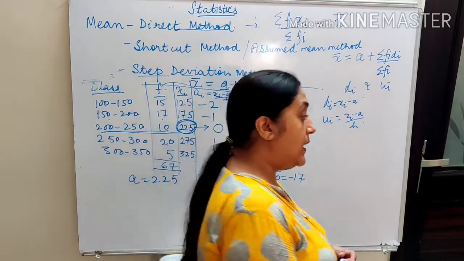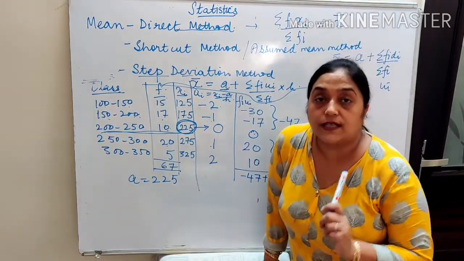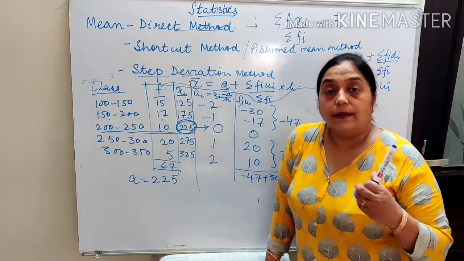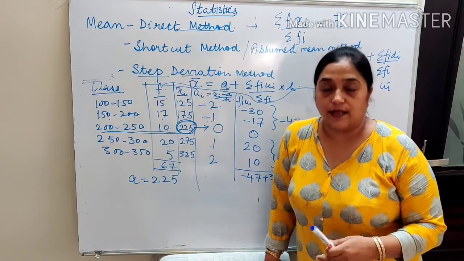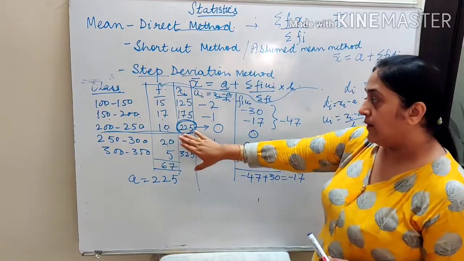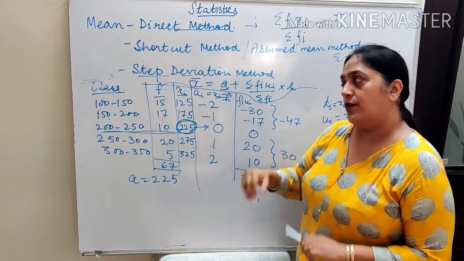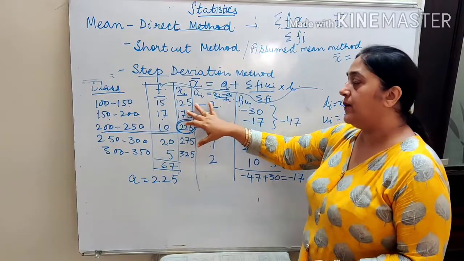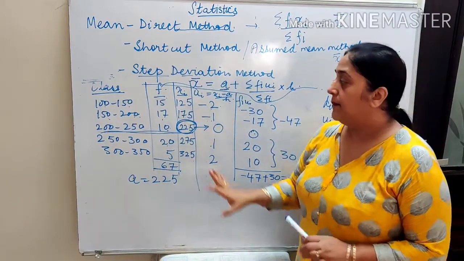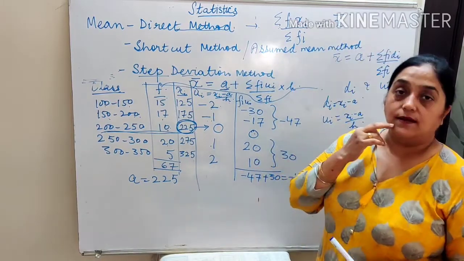Why middlemost value? Because what I said, mean is the measure of central tendency. तो middle value होती है. It is almost the average. That is the mid value. So what you will do? You will try to get the assume mean as the middlemost. No doubt, you can have assume mean 175. You can have 125. आप कुछ भी ले सकते हो. But try to balance the things. Try to get the middlemost value.